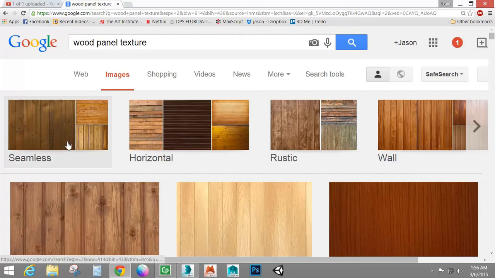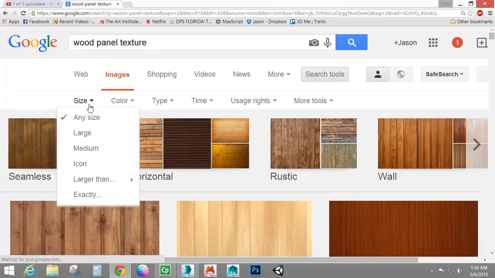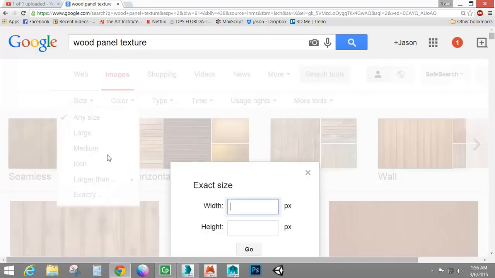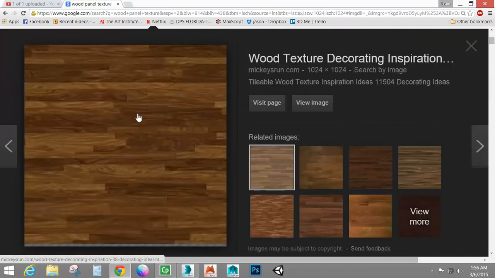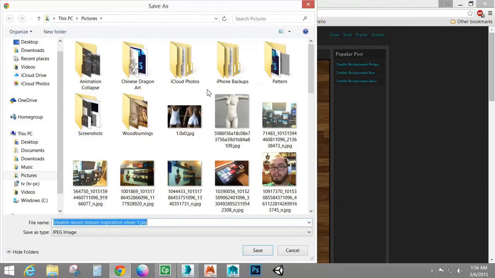But I'm going to just grab a, let's say, wood panel texture. I'm going to do seamless, which is usually good. So I'm going to tell it that I want my size to be basically, let's just put in 1024 by 1024. Let's see if any come up. Oh, here we go, perfect. Even though it'd be weird for wood paneling to be going this way, but just go to view image, and I'll save this